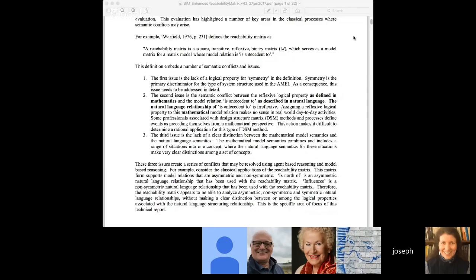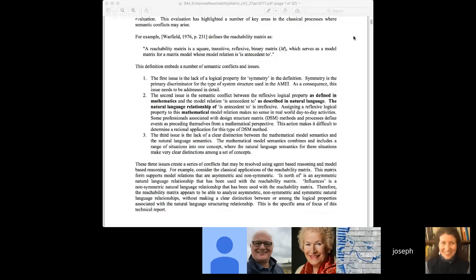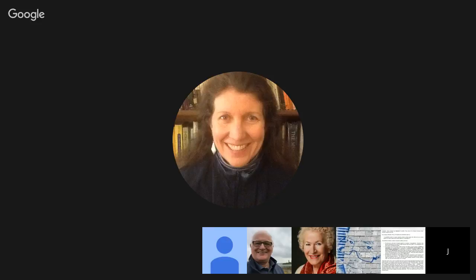So I would put that first, and then in particular the reflexive property is what you're focusing on, so that should be second. The lack of constraint on symmetry is,